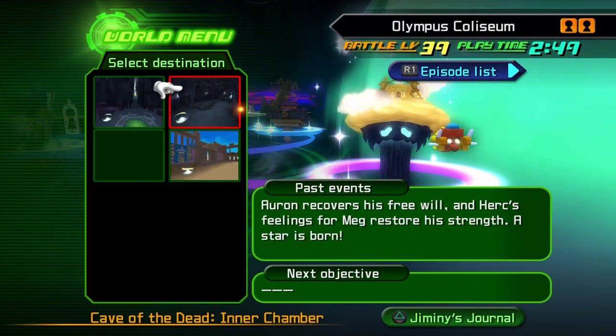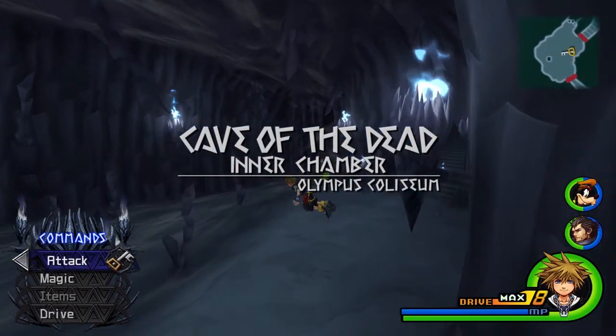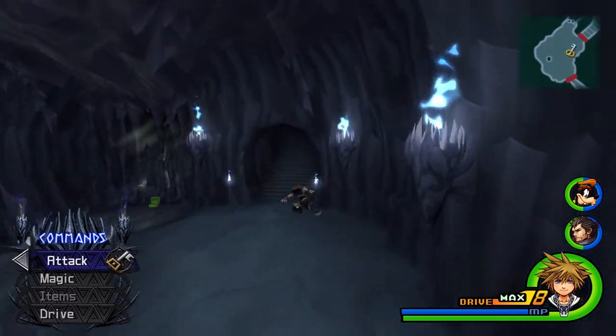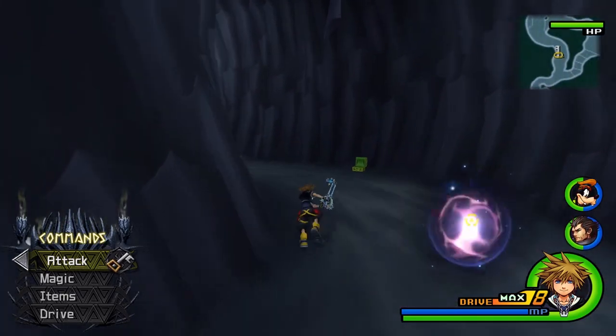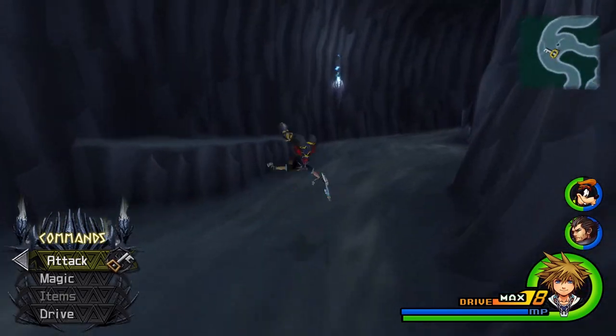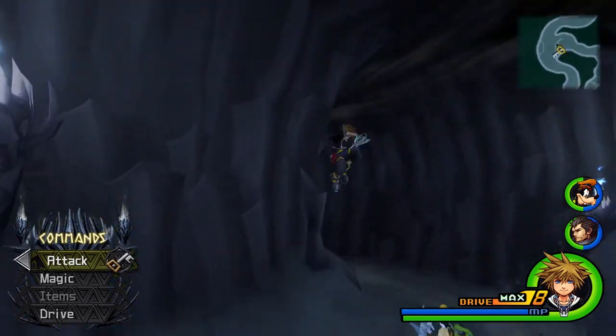Now this Nobody is Demyx's. Well, actually, no, it's not Demyx. I think this one is Zexion, because, you know, illusions and whatnot. This one's a bit weird. The reason it's a bit weird is also that we're in the wrong area, so, right? I need to head back to where we fought Demyx the first time, so, yeah. I will not cut,